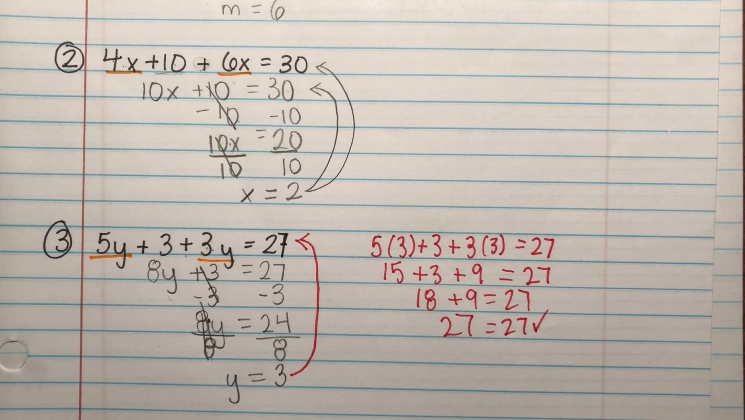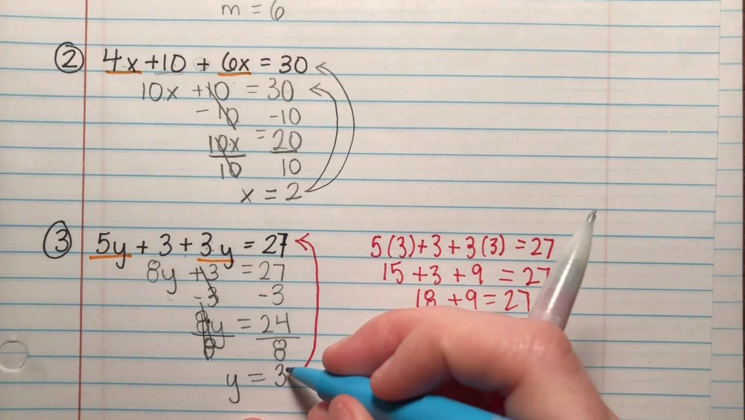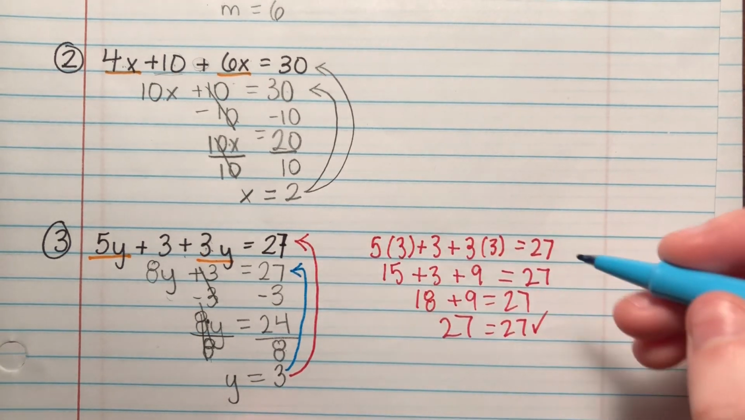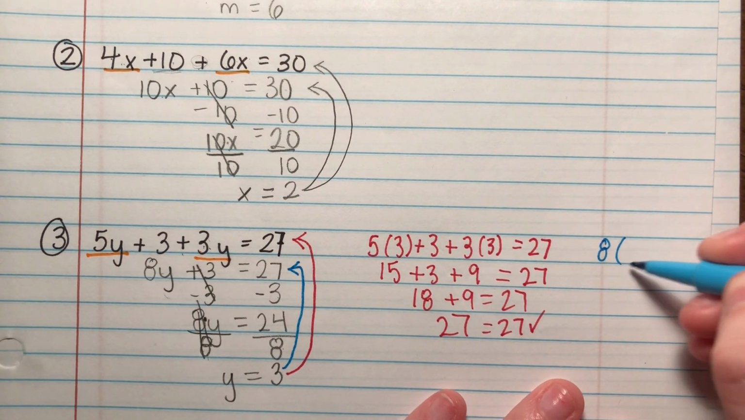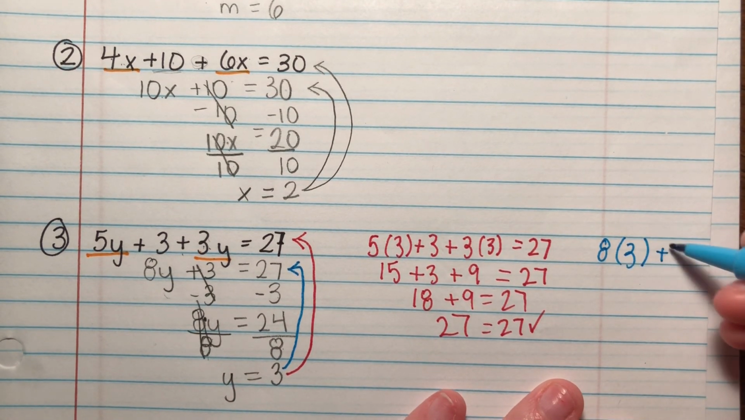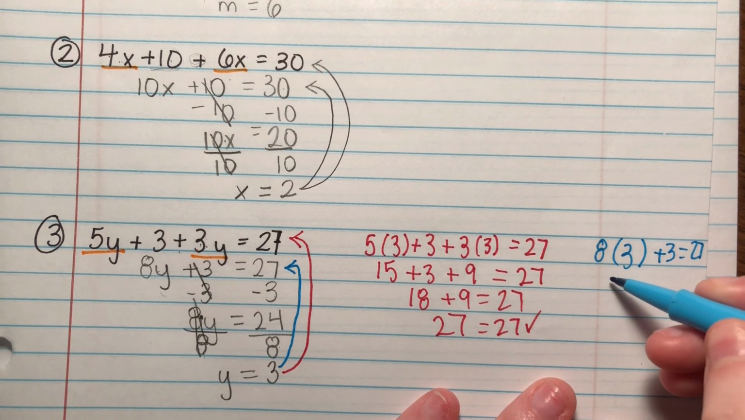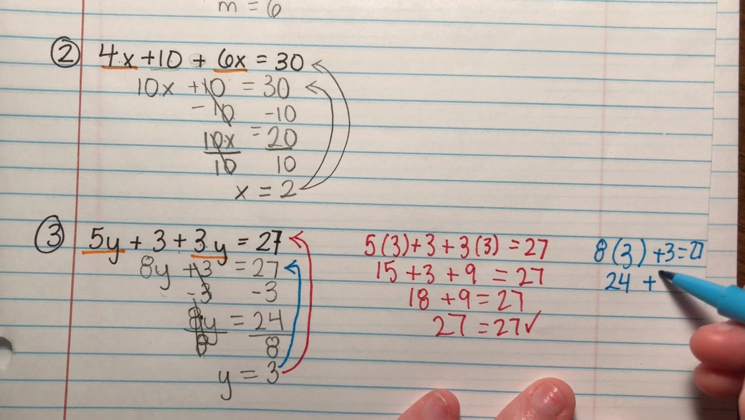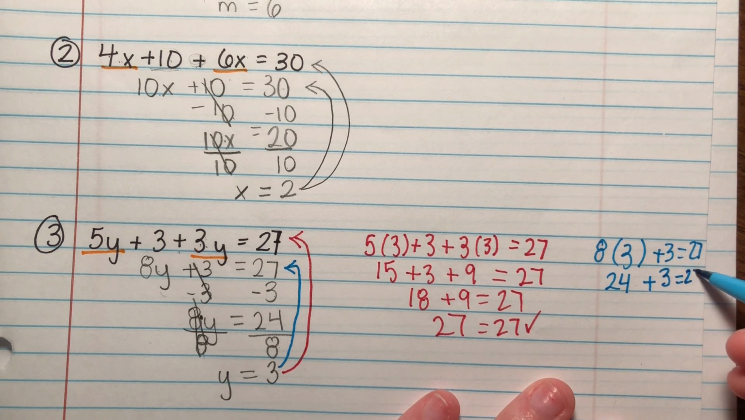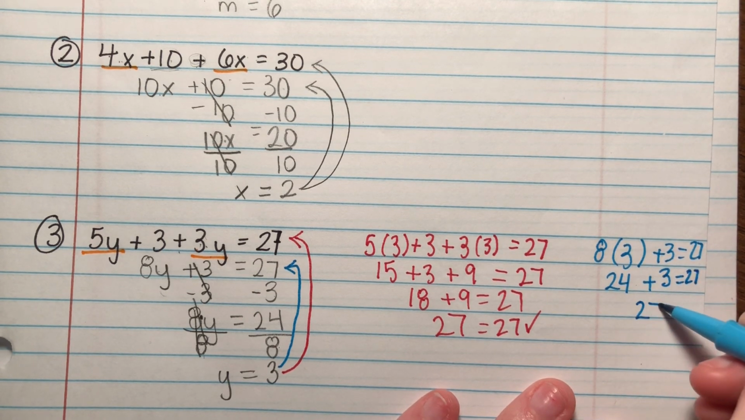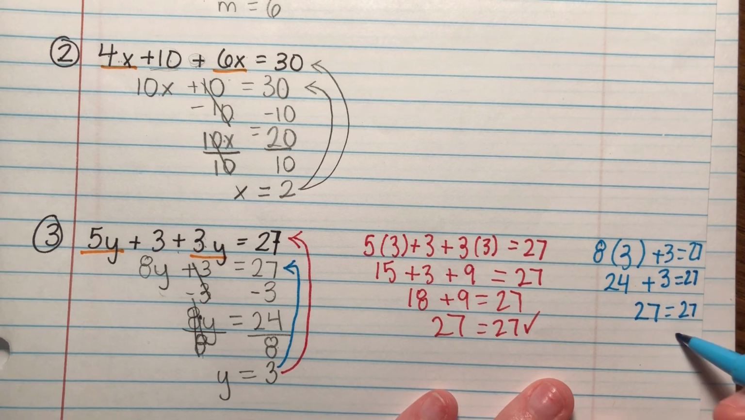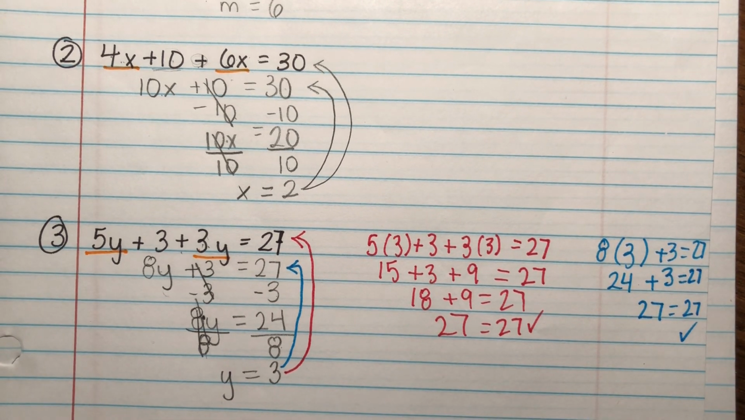Let me show you what I mean that you could do it either way. If I were to plug in 3 into this equation, I would have 8 times 3 plus 3 equals 27. So I'd have 24 plus 3 equals 27. 27 equals 27. So either one I want to plug those into, it will work because they were like terms,